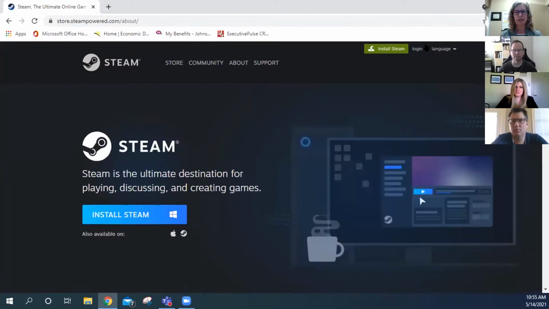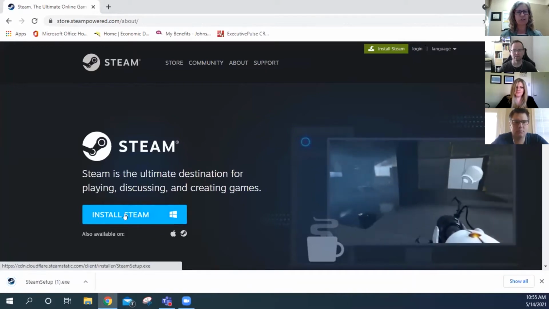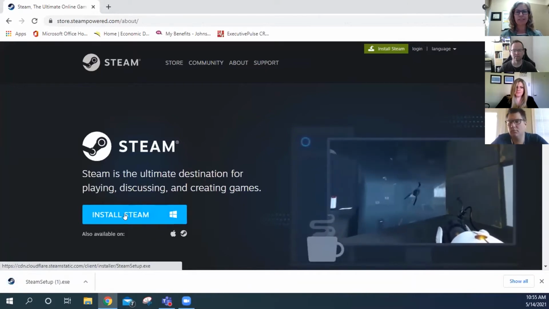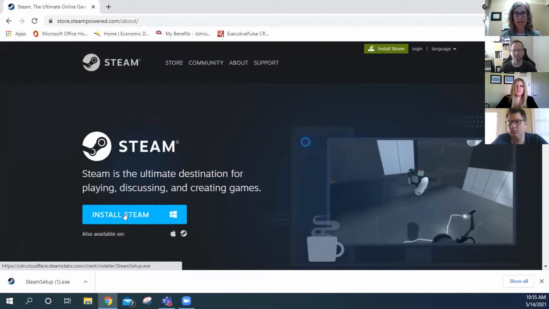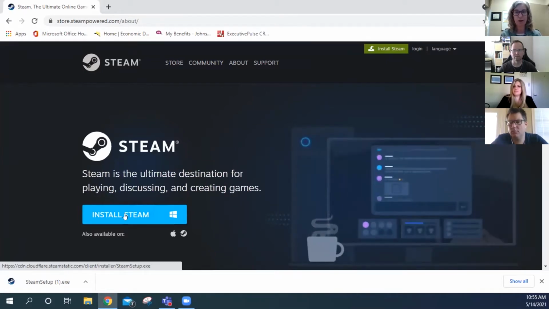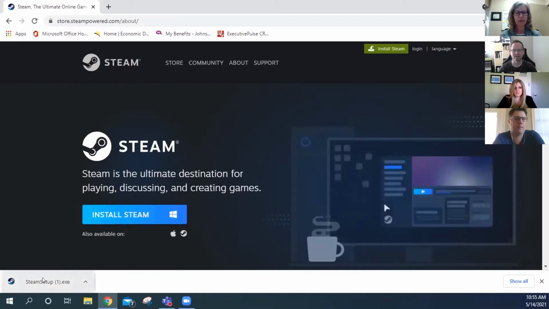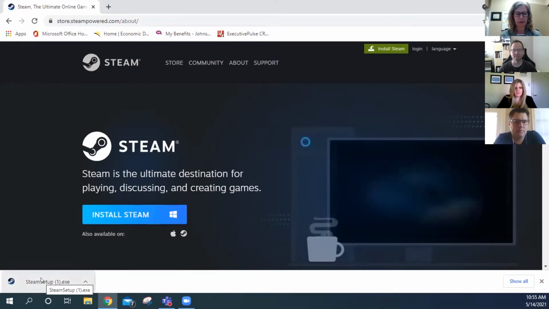So you're going to want to click on that box, hit Install STEAM down here. And just a reminder, don't worry, this is safe. Many PC gamers use STEAM. If any of you have kids, you might already have accounts set up, which is great. You're one step ahead. And then over here in the bottom left-hand corner, you should see the executable file,